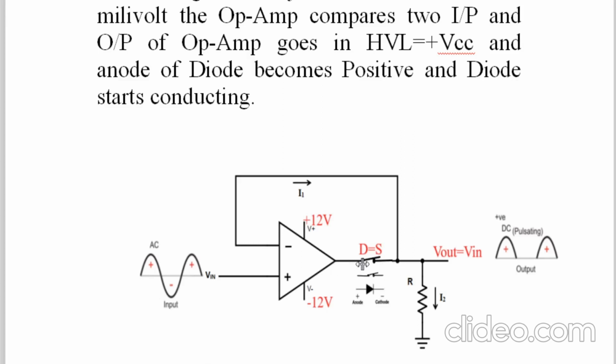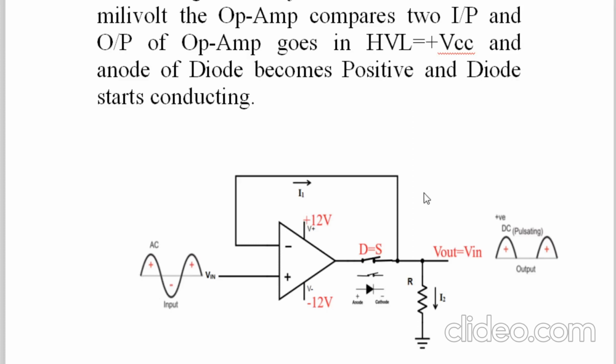Now as soon as the diode behaves as a closed switch, see here what happens. In this circuit, the output of the op-amp is directly connected, because the forward resistance of the PN junction diode is very less, meaning a few ohms. So the output of the op-amp is directly connected to the inverting pin, and this circuit you are familiar with. This circuit is called the op-amp as a unity gain amplifier, meaning whatever input there is, that comes to the output. Now we just started from 10 millivolt, and even though this input increases from 10 millivolt to 100 millivolt.